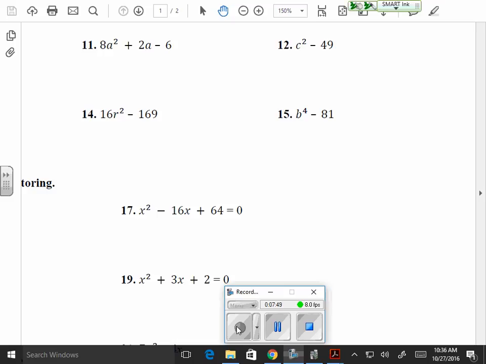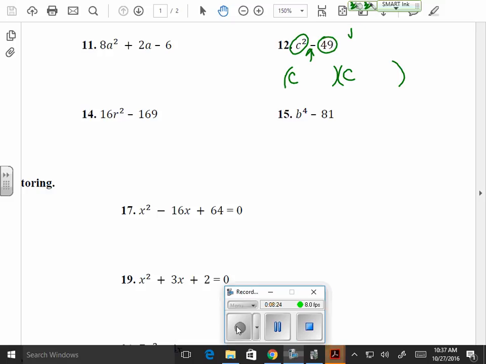Looking at number 12, do they have a greatest common factor? No. Are they a difference of two squares? What that means is, is there a perfect square root of c squared? Yes. Is there a perfect square root of 49? Yes. Are they being subtracted? Yes. So that means that this can break down into the binomials, c being the square root of